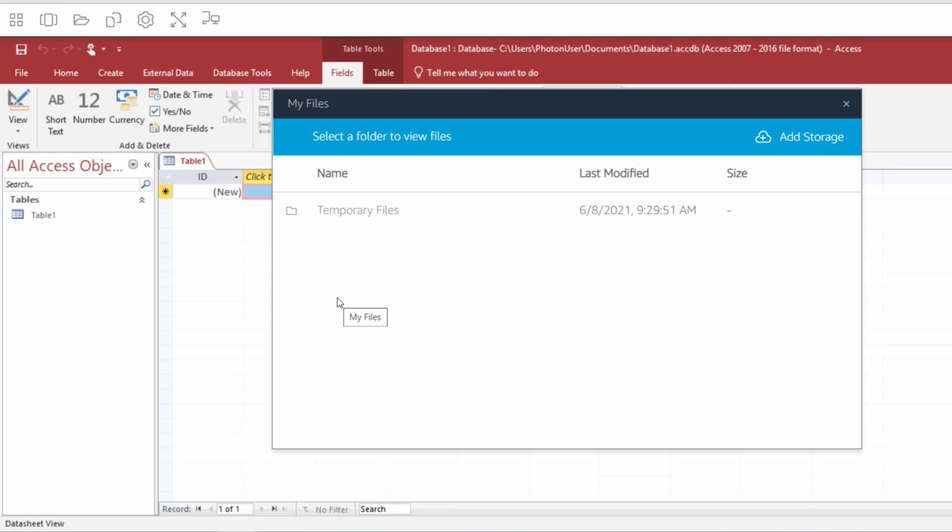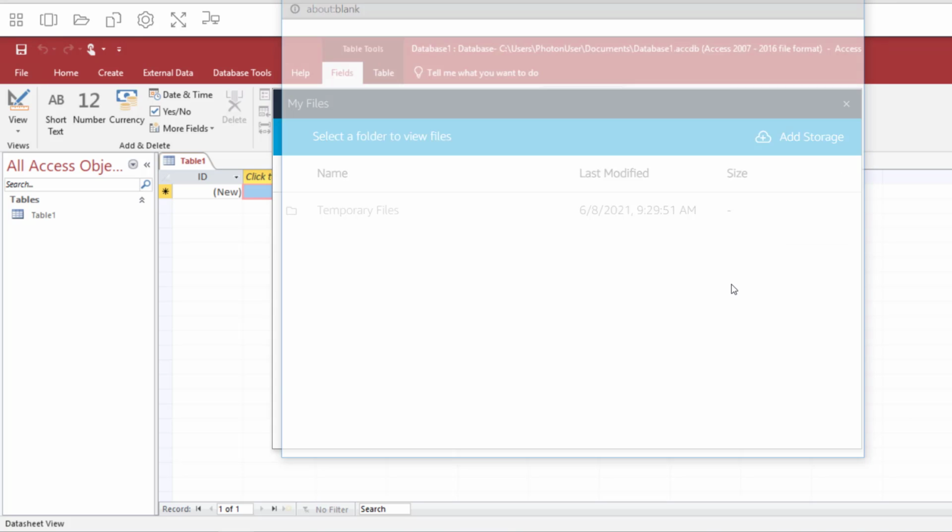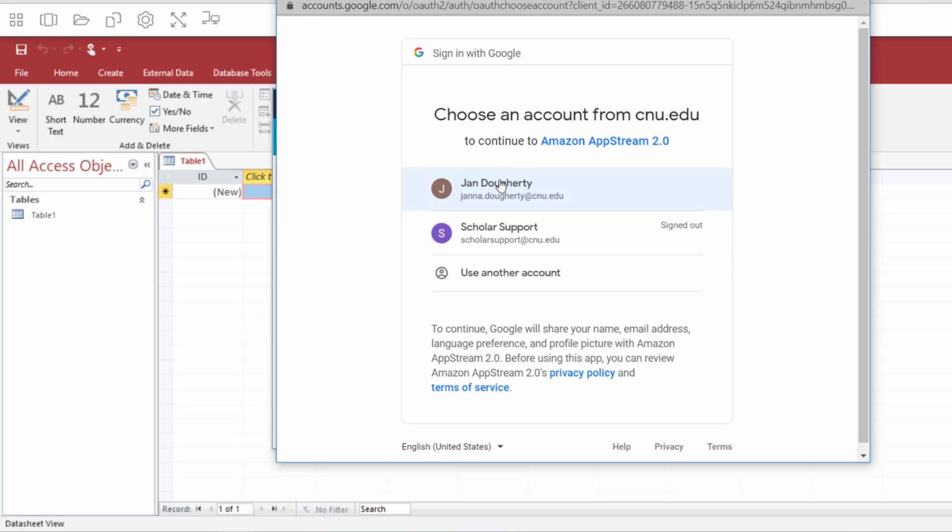This will bring you to a little window where you can view any online storage currently linked to the application. If this is the first time you're opening this application, you're not going to see anything linked, just a folder that says temporary files, which may not even have anything in it. You can start the linking process by clicking Add Storage and selecting Google Drive from the dropdown. I've already logged into some spaces before, so I can see my credentials here. And now I have to select those credentials for a second time from this little mini window.